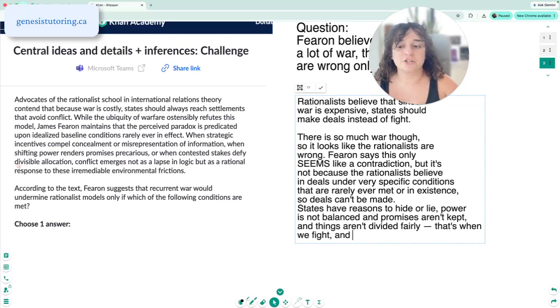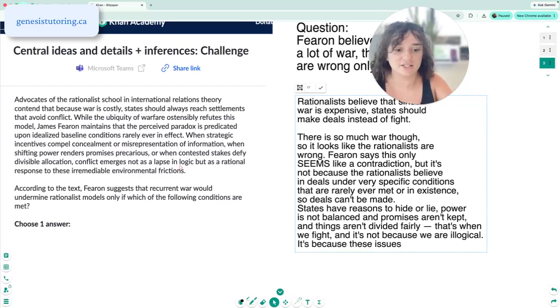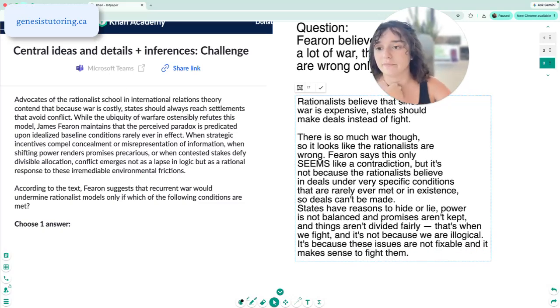It's actually a rational response to these irremediable or unfixable environmental frictions. It's because these issues, which are called environmental frictions, according to the text, are not fixable, and it makes sense to fight them. Okay, so